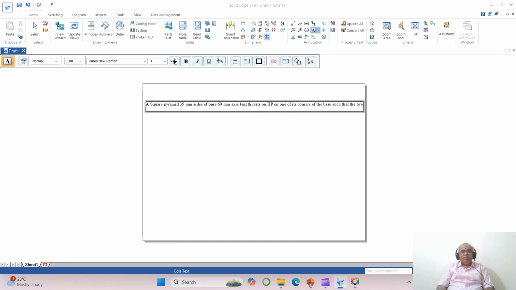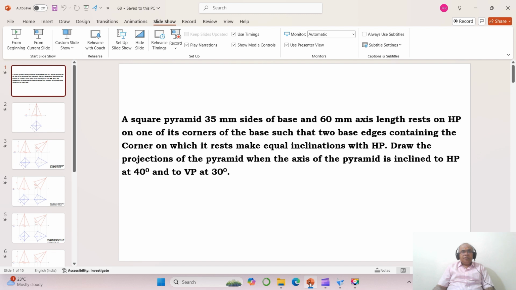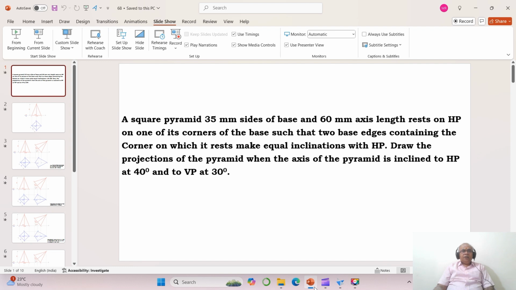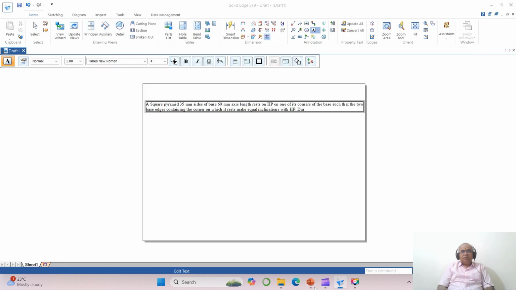the two base edges containing the corner on which it rests make equal inclinations with HP. Draw the projections of the pyramid